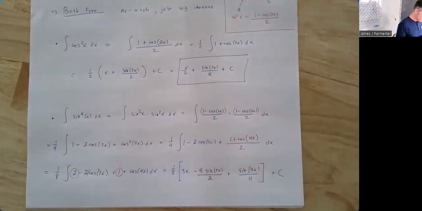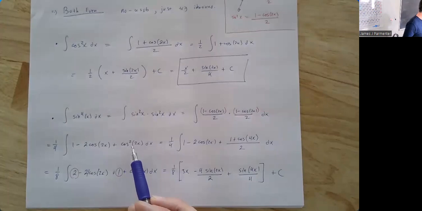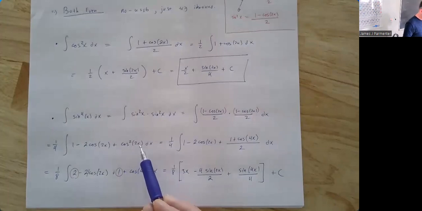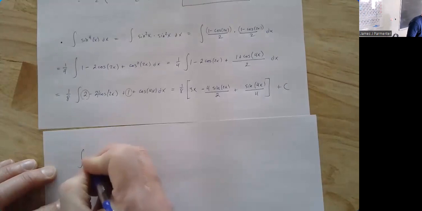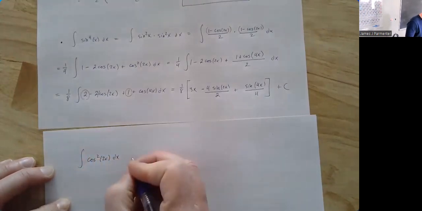So, all right. For cosine squared of 2x, what are you saying you want to do instead? I'm letting u equal 2x, and then I'm going to do a trig identity for that. Okay. So if I was integrating cosine squared of 2x dx, one way to go is